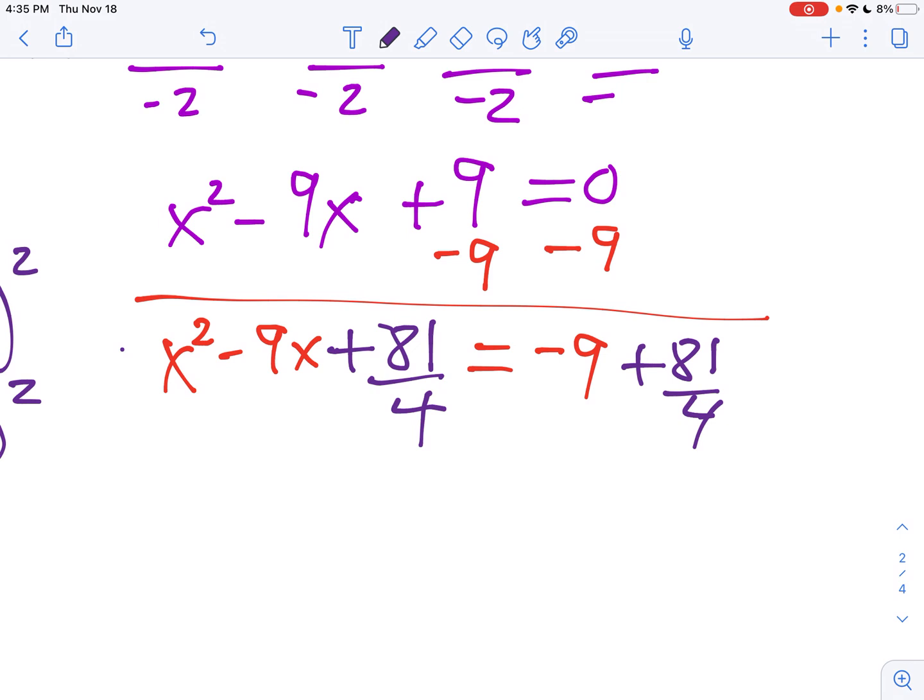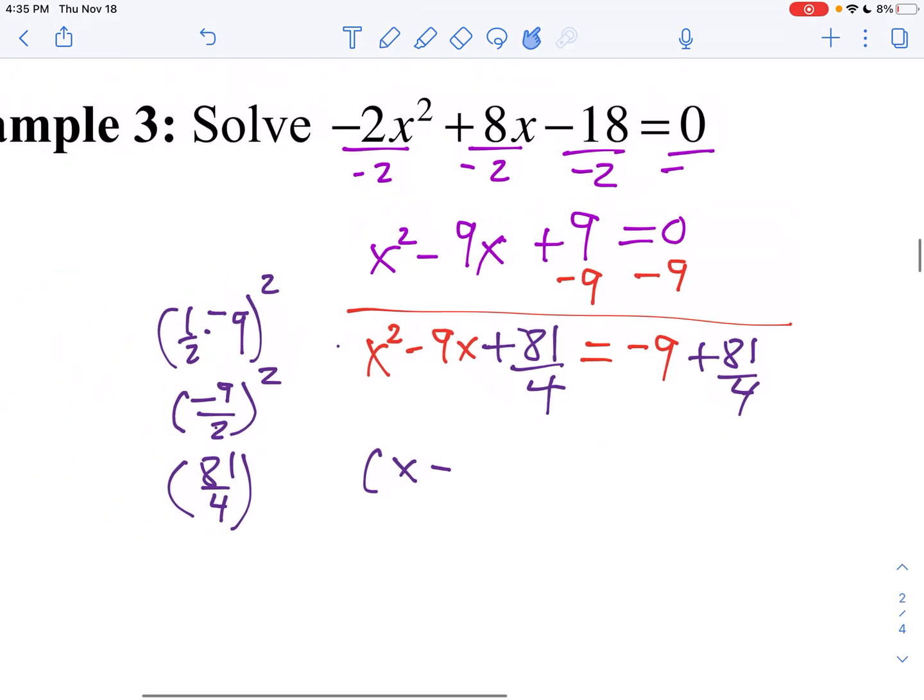So when I factor the left-hand side, it'll be x minus, and then the square root of 81 over 4, I know, because I just did my work here, is 9 over 2. So x minus 9 over 2 squared